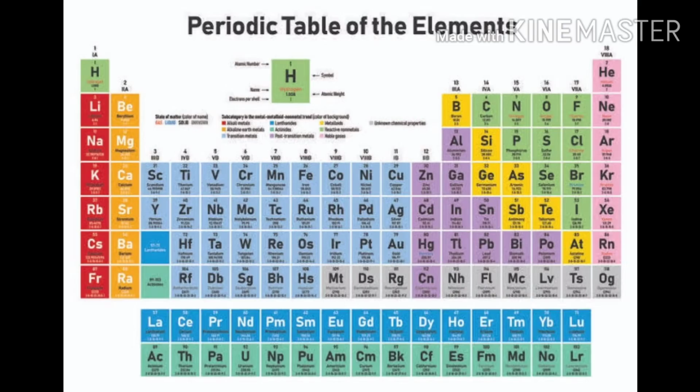In the modern periodic table, there are two elements in the first period. The second and third periods contain 8 elements each. Fourth and fifth periods contain 18 elements each. Sixth period contains 32 elements. Seventh period is an incomplete period. We can explain the number of elements in these periods based on how electrons are filled into various shells.